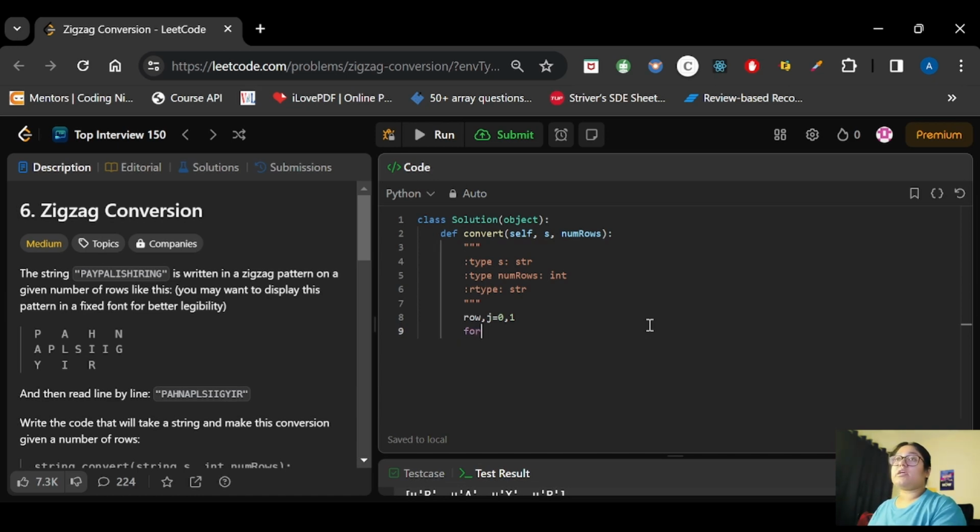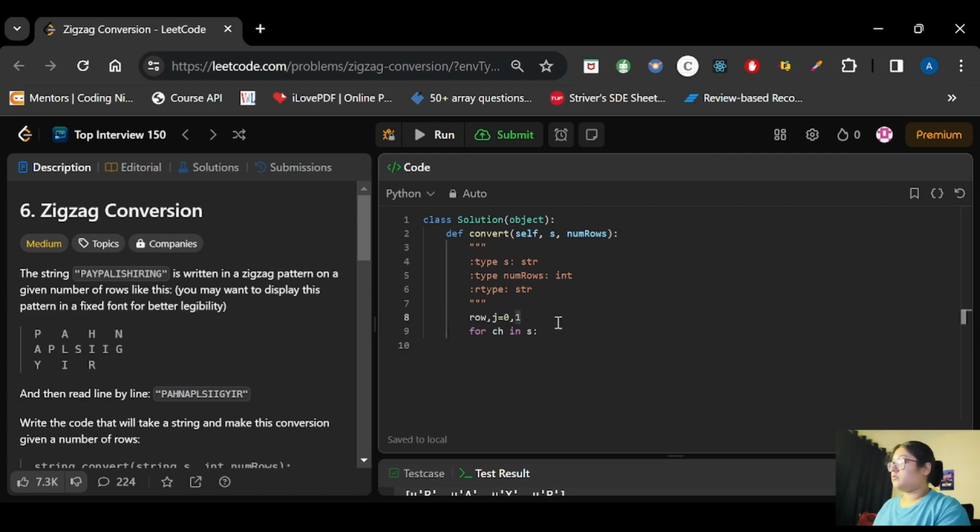So let's start the iteration in the string. So I will take this as ch in s. Now once I have started the iteration, let me create an array also. So this will be the array initialized with the number of rows.